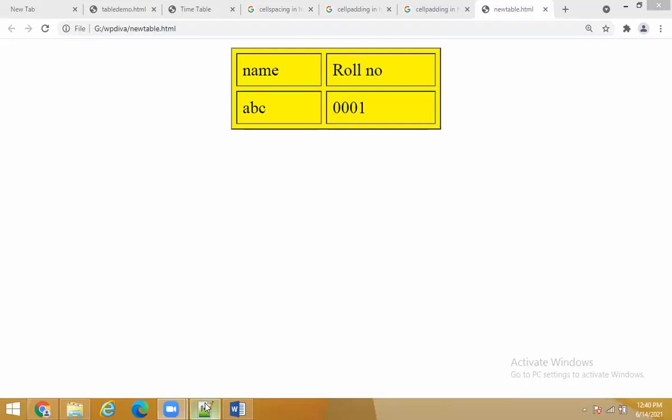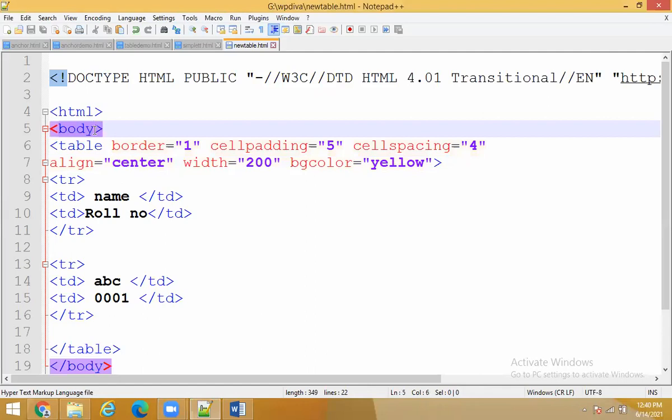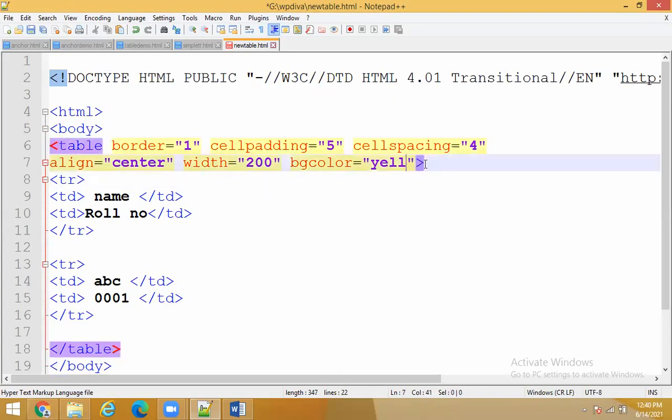Fine. Now, one more attribute I will tell you, guys. So still 7 minutes are there. We can do that. See, so what I have done now, if I take BG color in the body, what will happen? It will apply to the entire browser. Okay, so that's why if you take BG color within the table, what will happen? That background will appear only for a table. I will take gray, right? Okay, fine. Now I want to show you one more thing.